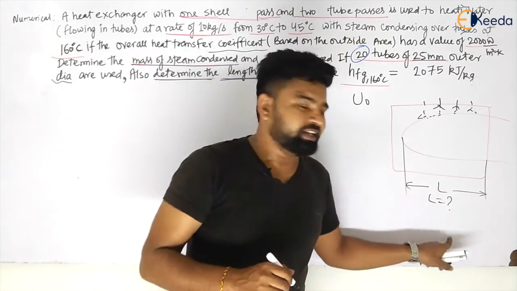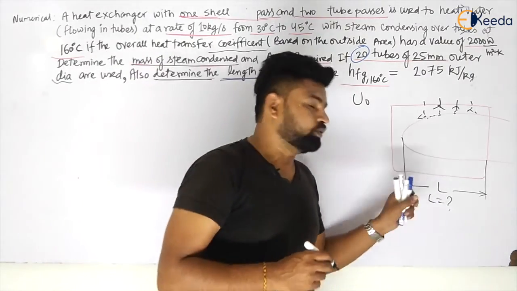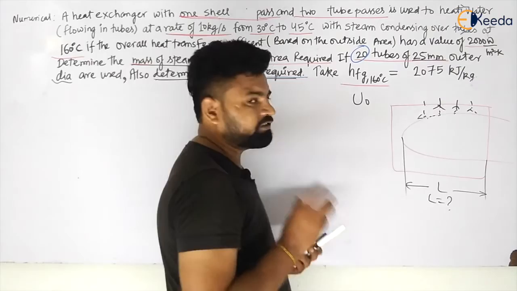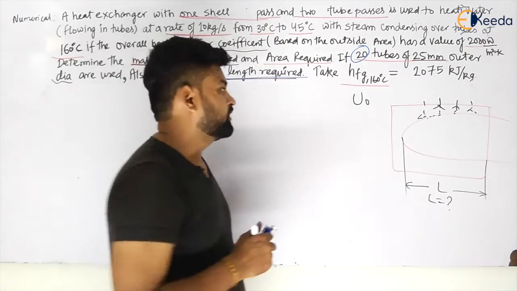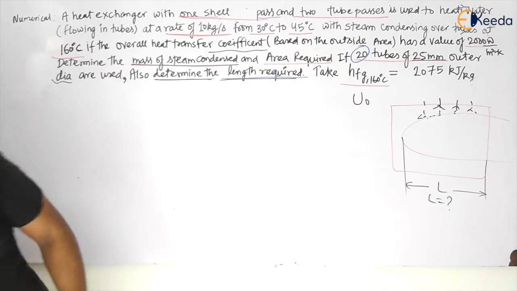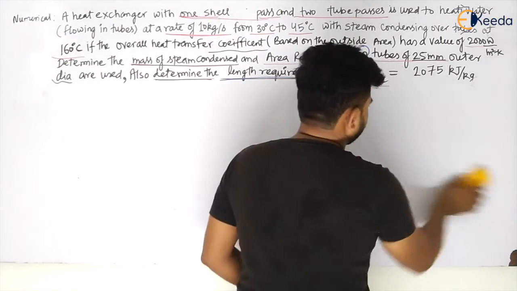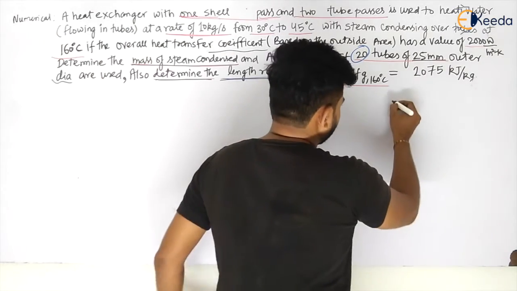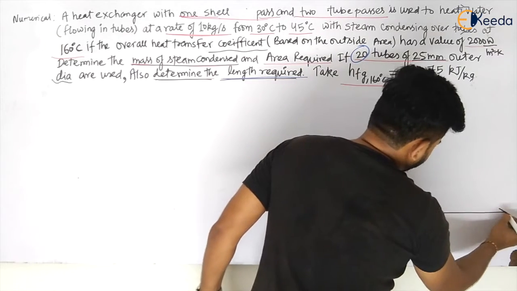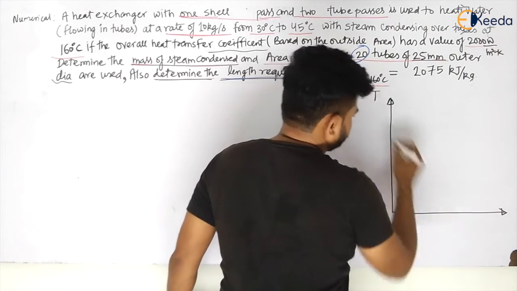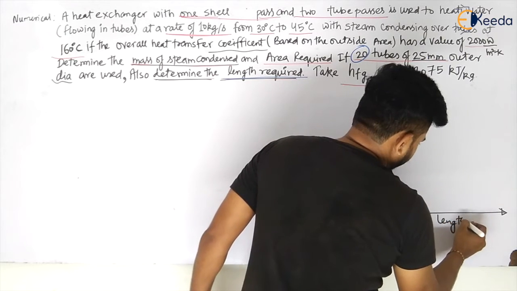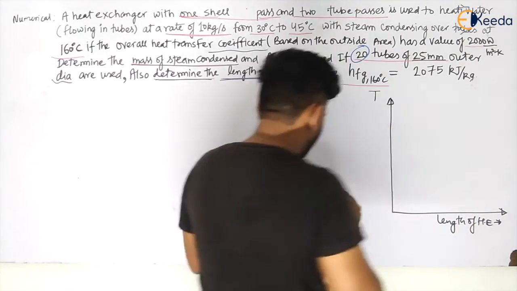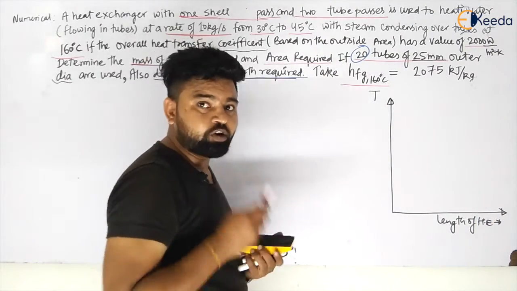So we have to design the heat exchanger and calculate the length of the tube so that there can be maximum heat transfer. Let us see this question. If I take the first case, the parallel flow heat exchanger, let us see. If you consider the parallel flow case, my dear students, this is temperature on this axis and length of heat exchanger on this axis. So the hot fluid is steam, my dear students.